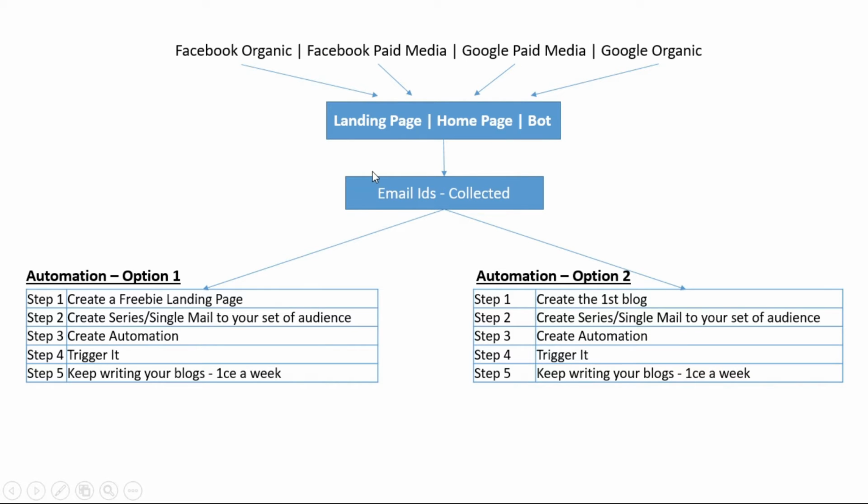Once the email ID is collected, you have to do something with the user. I have given two options. There can be various permutations and combinations via which you can create an email automation and keep engaging with the consumer until that consumer develops trust with you and is more aware of who you are. So this two-way communication is highly required. Unfortunately or fortunately, a lot of people do not understand the depth of email automation, and they believe that a product can be sold without a brand persona and you don't need to develop a relationship. On the digital side, email automation plays a huge role.